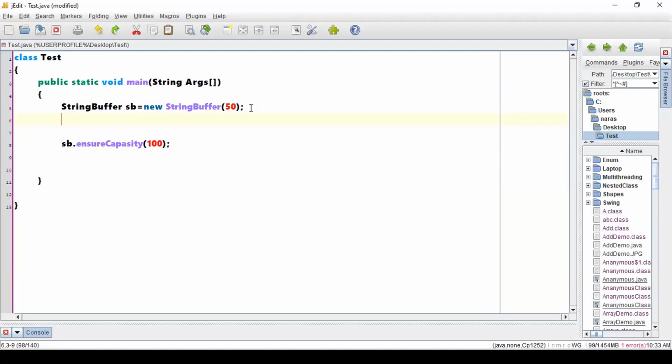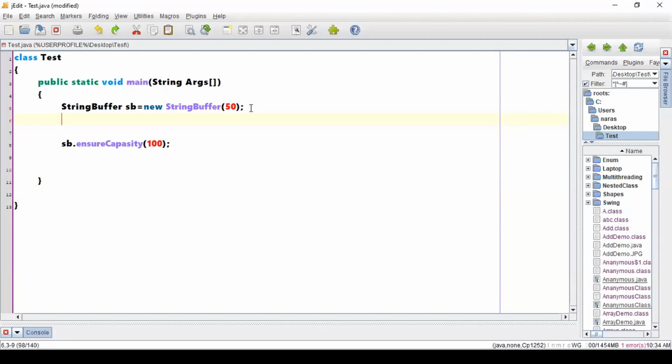Whenever this statement comes, sb.ensureCapacity, it will extend its StringBuffer to the value you have specified. Correct? Now you need to observe two important things. While creating the object, I had one impression.